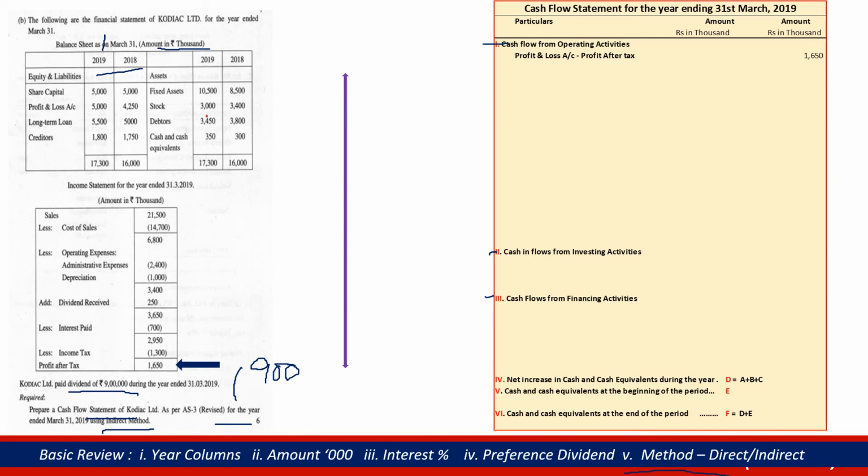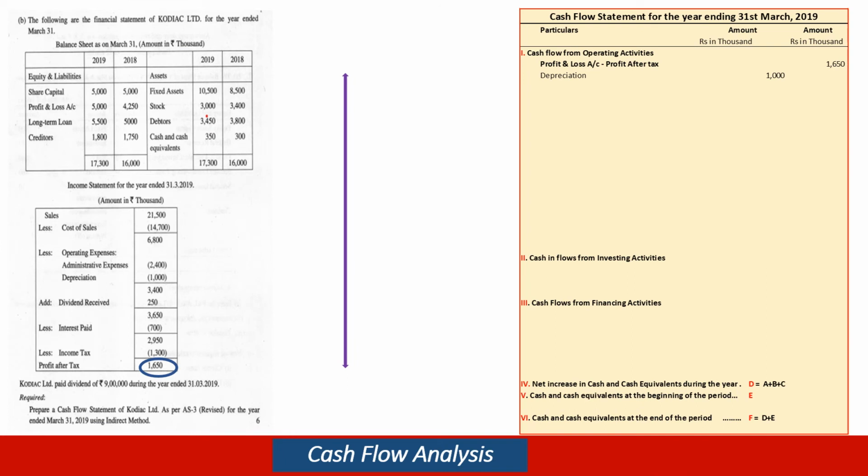We take from the bottom and we post it here. Once we post, we take it forward. That item is covered. We go to the next item. There is depreciation. We saw depreciation is a non-cash item. Therefore, if it is deducted, it has to be added back. We are adding it back, but it has to move from operations because it is a non-cash.